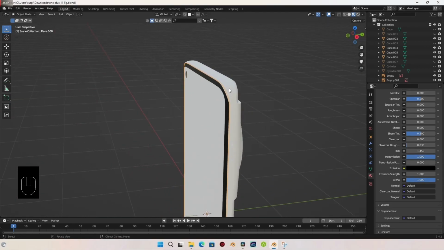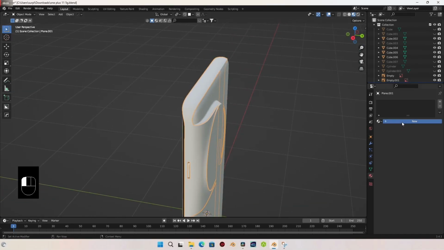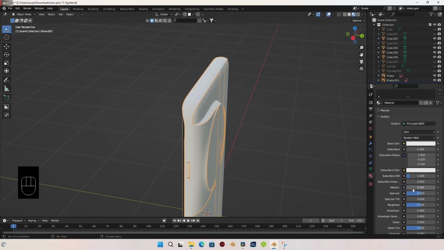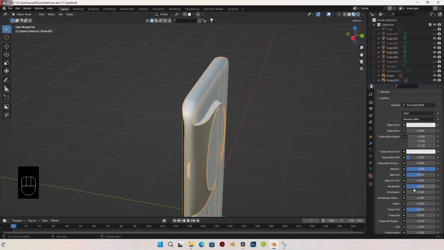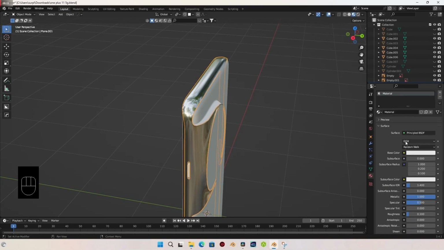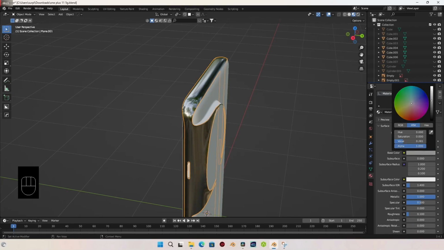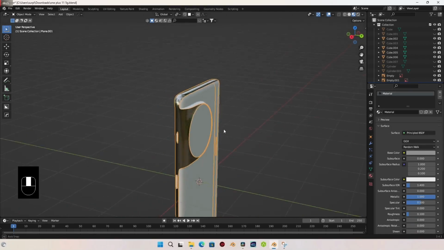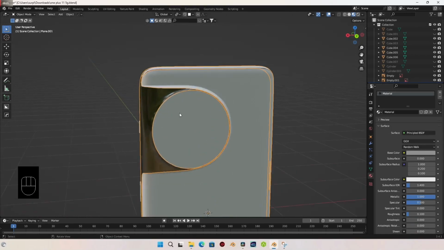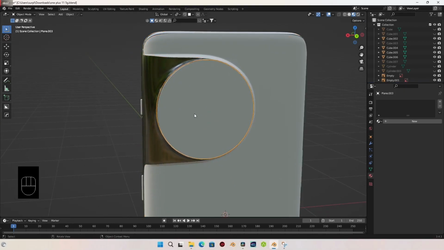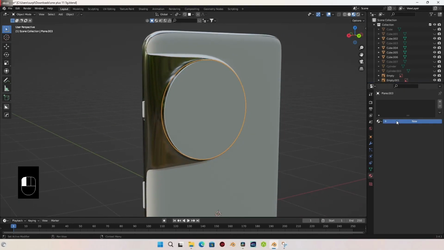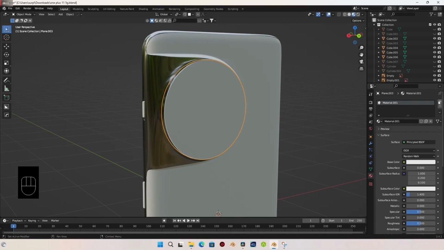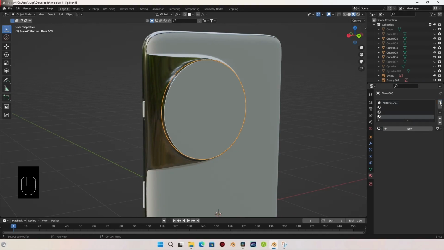Let's select this part and click on new, and let's increase metallic to 1, and roughness I'm going to type in 0.1, and in base color let's just bring this down slightly. Let's select this camera part and click on new, and I'm going to select this plus icon just so we have like 3 extra materials here,